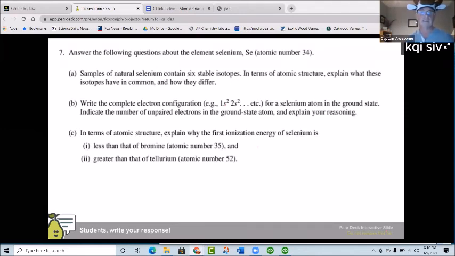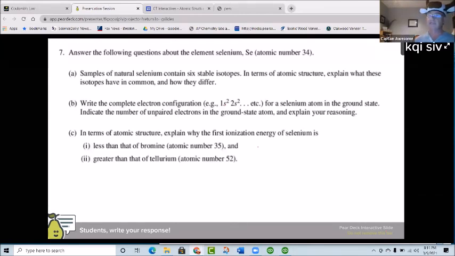On my periodic table, selenium and bromine are right next to each other. So what does that tell you? Well, when they're right next to each other, that means they have the same number of occupied energy levels. Don't say they have the same number of energy levels, because that's not true. All atoms have all energy levels. They may not have electrons in those energy levels. That's why it's important to say the occupied energy levels, or shells of electrons or layers of electrons. Use some wording like that that shows that you know what you're talking about.